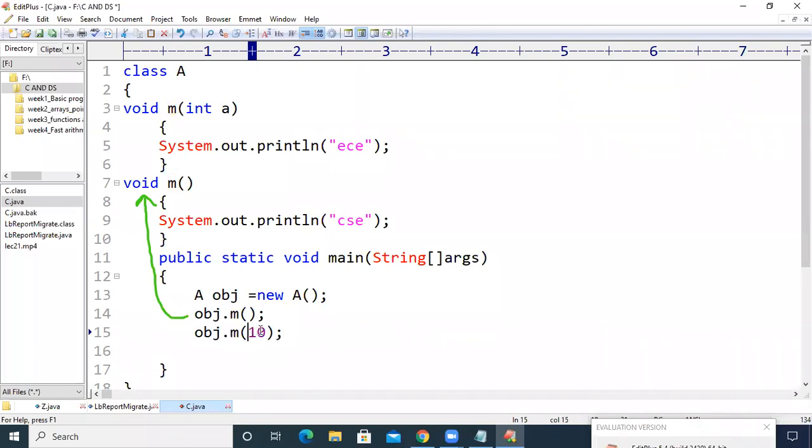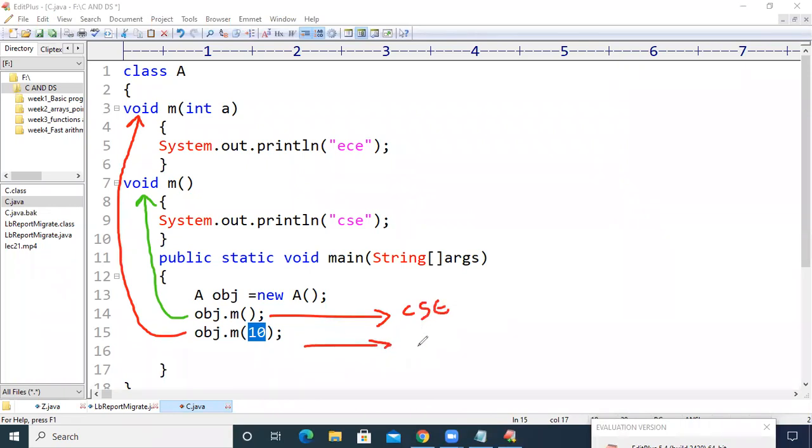For the second statement, the first method is going to be executed. So CSC will be the first line of the output, and then ECE will be the second line of output.